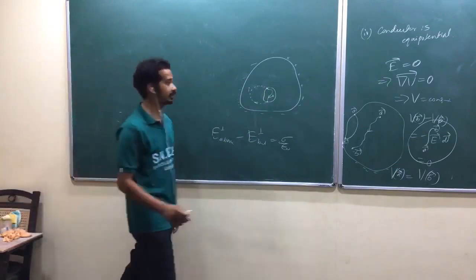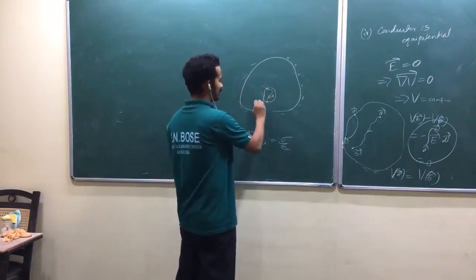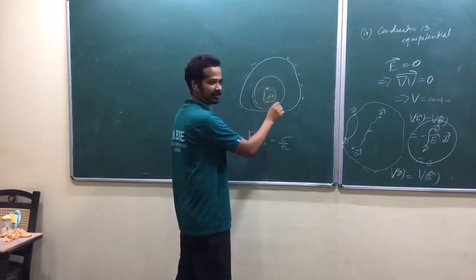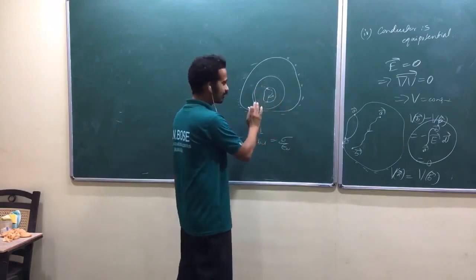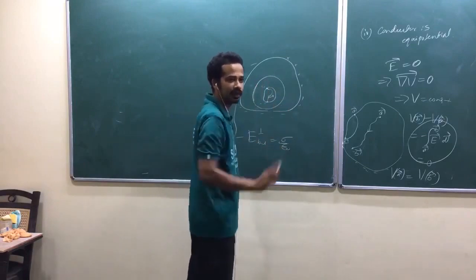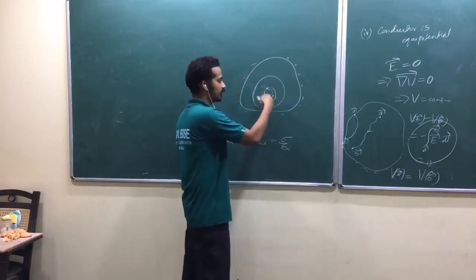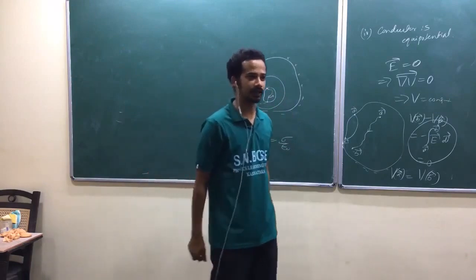Or you can say like this, this is the best idea. Now take Gauss law. Take a Gaussian surface, isn't it? No charges inside the cavity, isn't it? So for the Gaussian surface, the surface integral is zero. That's why the right hand side should be zero. No charges inside, so no charges should be on the surface of the cavity.